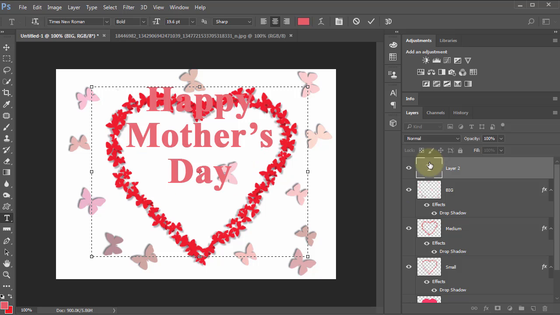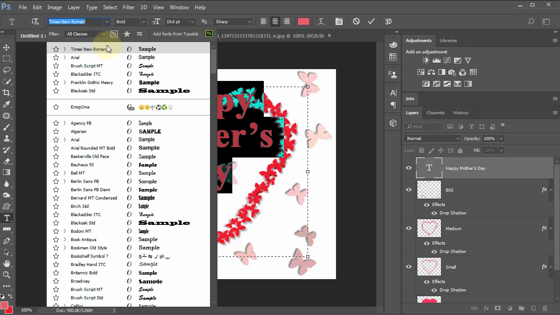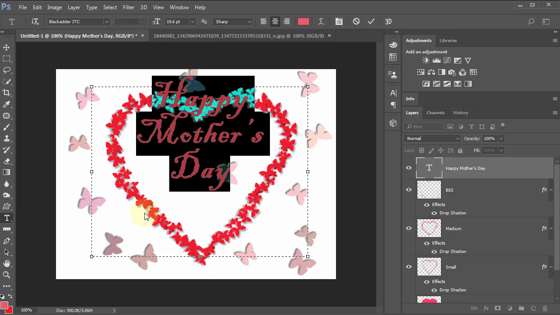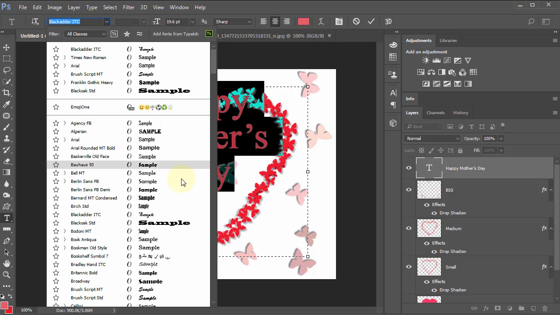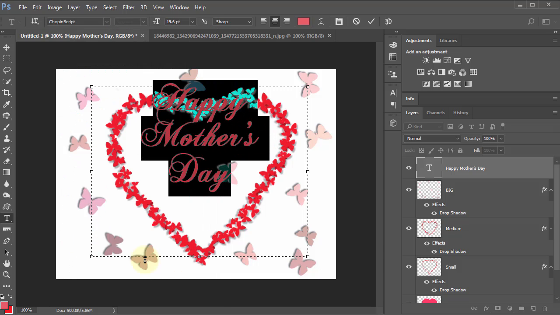Now, we can click and drag to select all of that, or we can double click on the T to select all the text. Then we need to go up, and if we select the text here also, so this is highlighted, this is highlighted. If we use our arrow keys on the keyboard, right arrow, let's do the left arrow. It's not cooperating, is it? Let's just go down here and see if we can find something that looks pretty cool. That doesn't. Let's just run it on down. Looking for something that's really got a nice script look, and that's not bad. Whatever font you want to use,